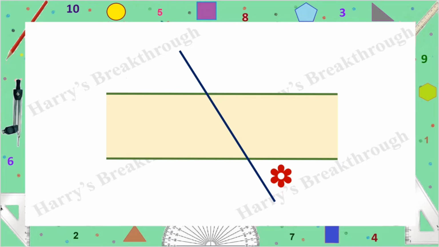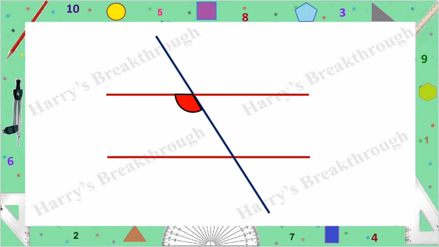Now we can say the position of angles. Here I marked one angle: two parallel lines cut by a third line and one angle is marked. Can you say the position of this angle? This angle is at interior part of parallel lines and left side of cutting line. Can you find any other angle which is inside of parallel lines and left side of cutting line? Yes, it is here. This angle is also interior part of parallel lines and left side of cutting line.